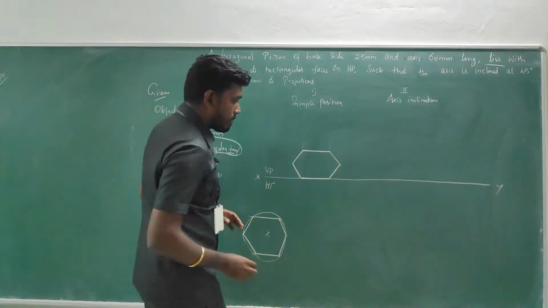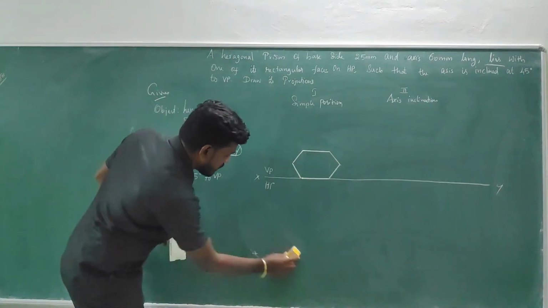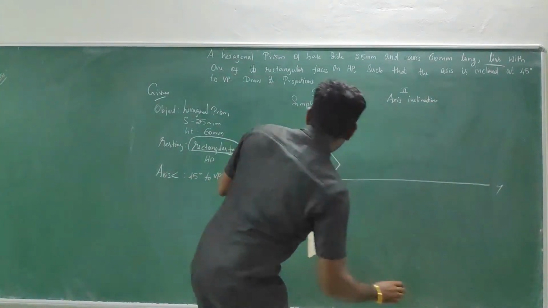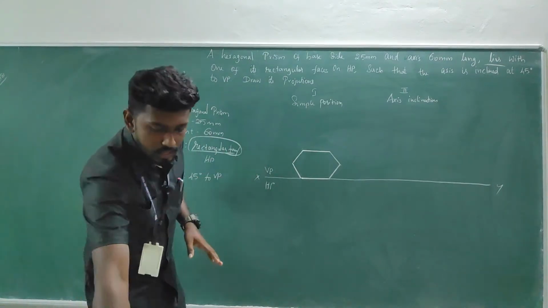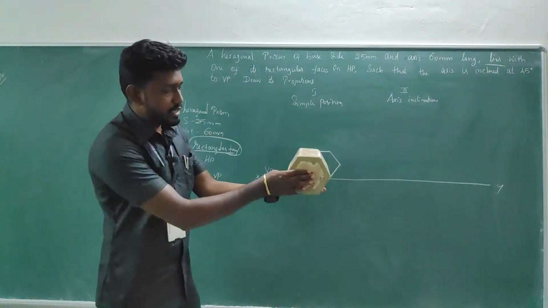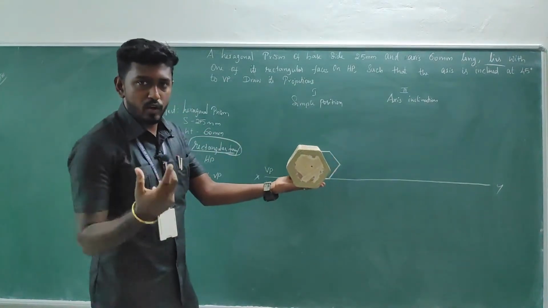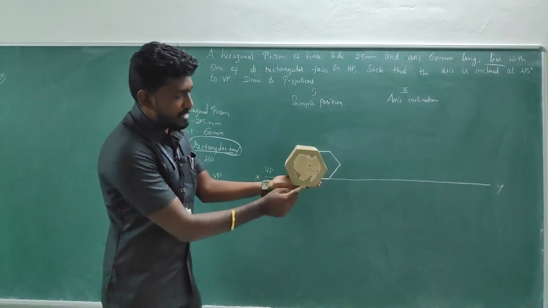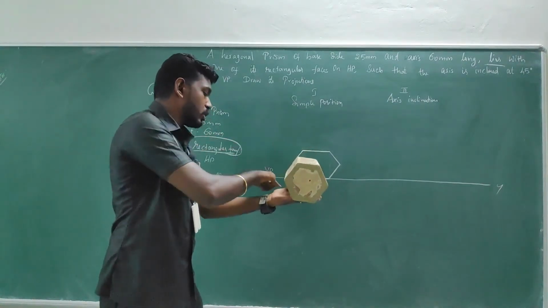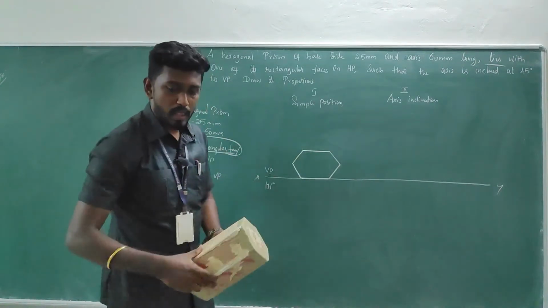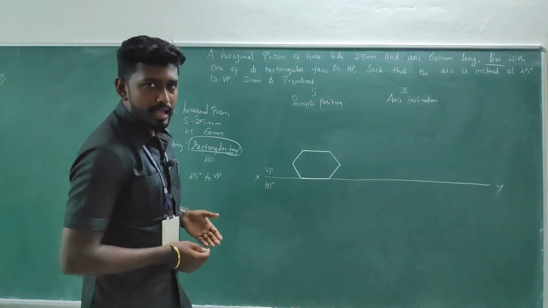So you need to form with a circular method. All the sides are 25 mm. So now the hexagon is formed. When you are keeping it like this, the front face will be visible, the rear face will be invisible. If I note the points as A, B, C, D, E and F, and this is P, Q, R, S, T and U, the front face will be a visible one and the rear face will be an invisible one.